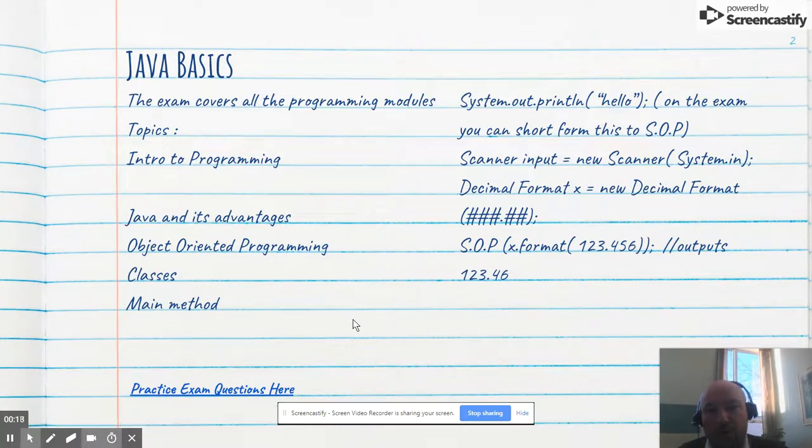Where you'd like to start is with the Java basics. Go back to that first module on programming in Java and have a look at Java and its advantages, what object-oriented programming means, get your head around that, and classes and the main method and how those things are formatted. In particular, you're going to want to look at how we output, how we use inputs, so the scanner input, decimal format for shaping the way our outputs look, and how we use that in a system out